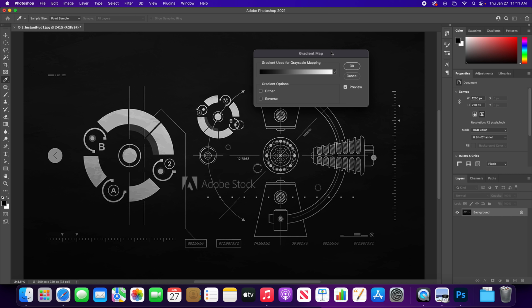So depending on what it is that we're working with, if you want to have control over it because you know you're probably going to adjust it, or potentially adjust it in the future, then you're going to want to have that extra layer. In this case, we are not going to go back in and adjust this later, because all we're trying to do is make the background as black as we can make it and the stuff that's white on here as white as we can make it, so that we can make a selection and extract that stuff out. So with that, if I go ahead and use my gradient map, which is set here,